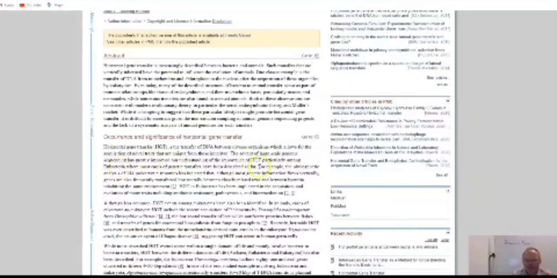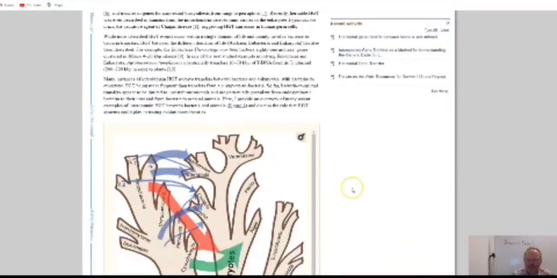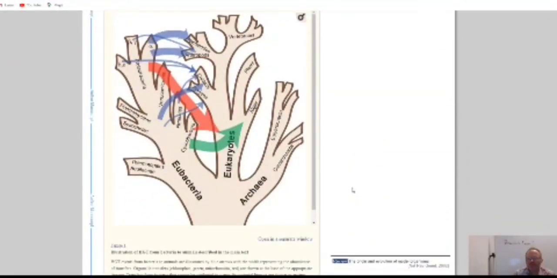Anyway, this paper has a good summary of horizontal gene transfer as it relates to the evolution of animals. This diagram here in the paper is very similar to one in your book. And this proposes that in the history of life, remember from the timeline that I proposed for eukaryote or protista evolution in the protista lab, from about 3.5 billion years ago to 2 billion years ago, prokaryote cells, eubacteria and archaea type cells, were the only types of life present. And then about 2 billion years ago, eukaryotes arose on the scene, and these would be cells that have internal membrane-bound nuclei and mitochondria, among other things. The proposal, called the